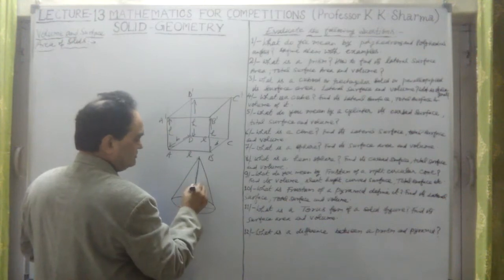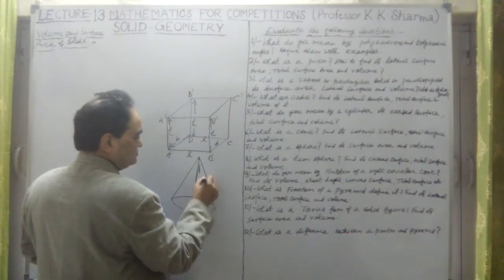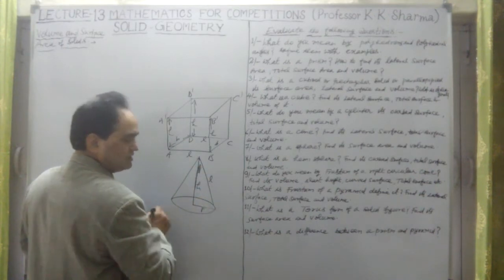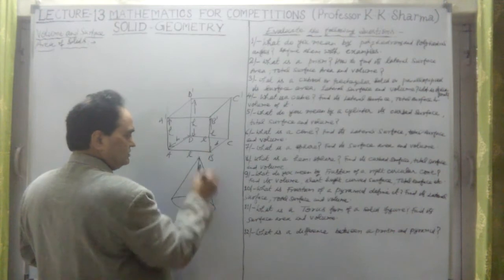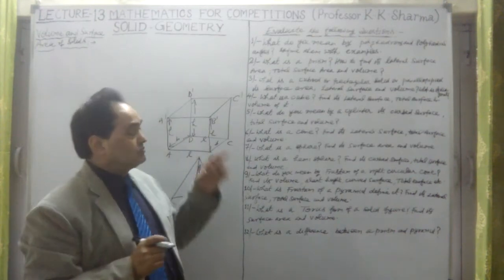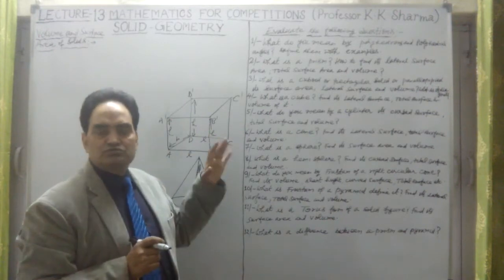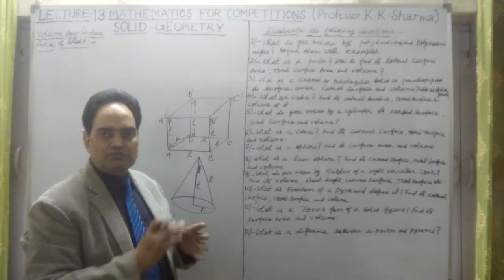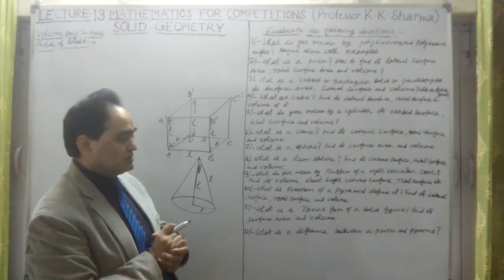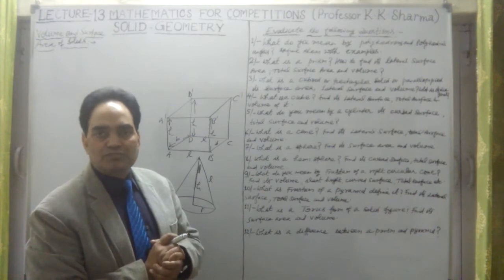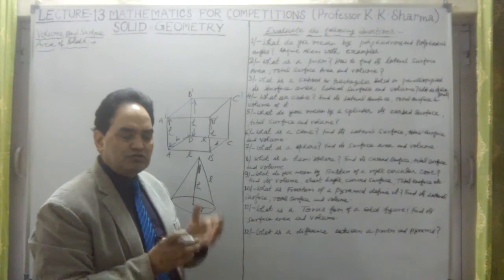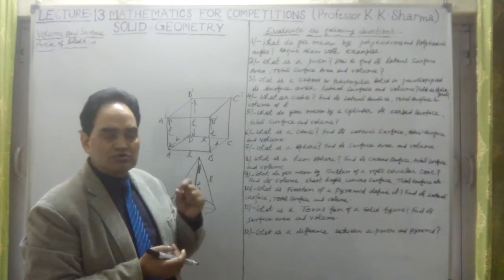In this case, this is the vertical height we know, and this is known as the slant height. This is the basic information. This is radius r. This is known as the slant height. Now let me take these questions one by one, but these questions will cover what kinds of three-dimensional figures we need to know so that we can win competitive examinations. In competitive examinations, mostly questions come based on